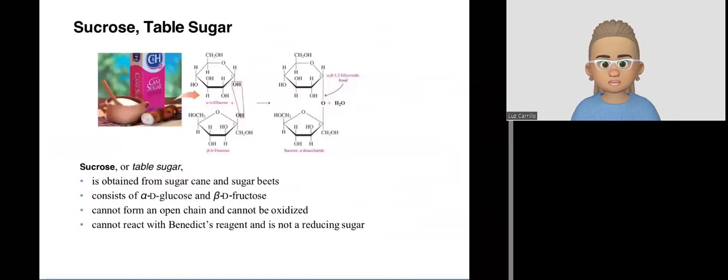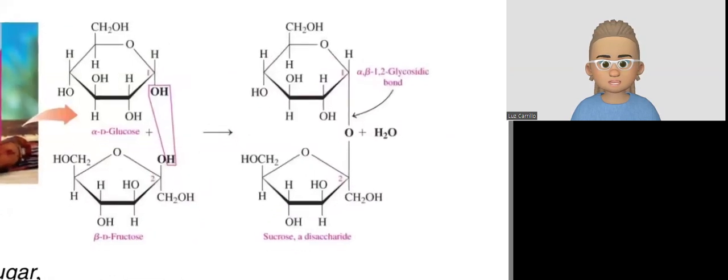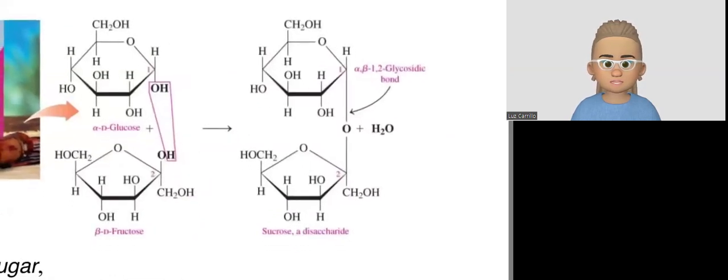The last disaccharide that we are going to talk about is sucrose. Sucrose is table sugar. Sucrose is obtained from sugarcane or sugar beets. When we look at the monosaccharides that come together to make table sugar, it is going to be alpha D-glucose and beta D-fructose. One of the things that characterizes this disaccharide is that specifically the anomeric positions from the alpha D-glucose and beta D-fructose